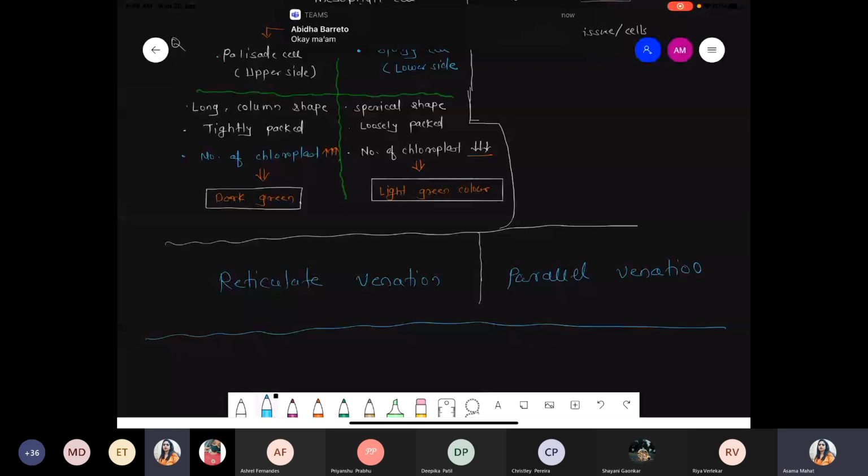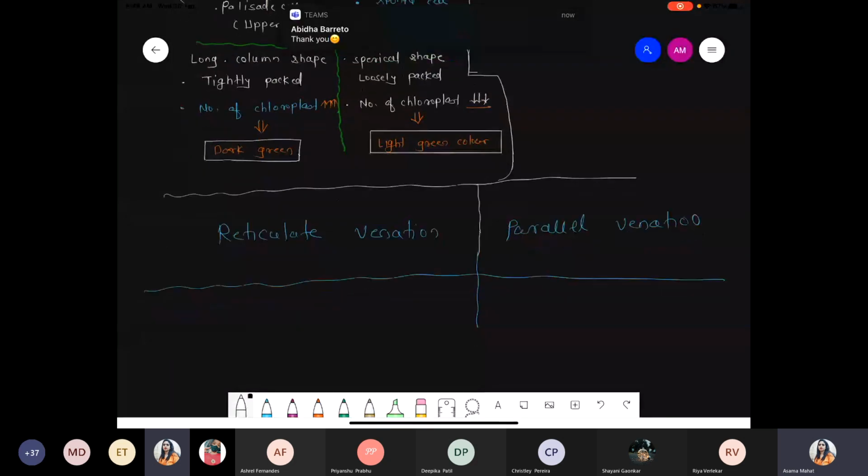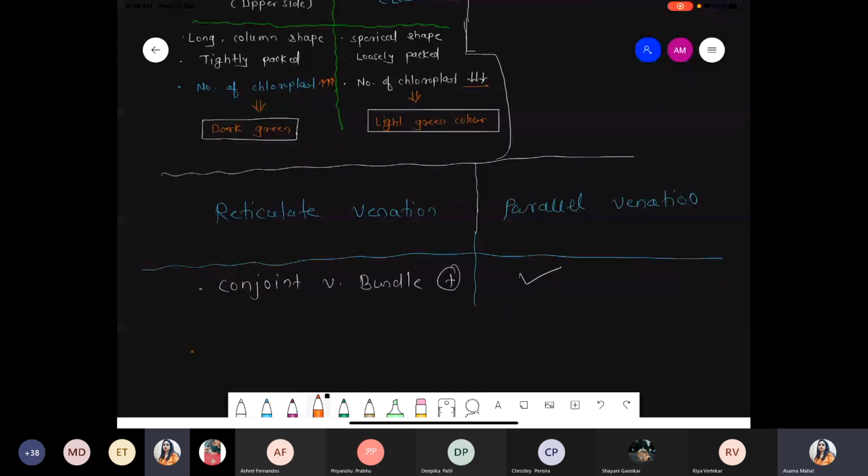Last point, which is common, we are talking about with respect to vascular bundle. So next point, we are talking about both conditions. In dicot as well as the monocot leaf, conjoint vascular bundle is present. Conjoint, and a similar type of conjoint vascular bundle is present. And another point, please remember, we are talking about the dicot leaf, but even the leaf also doesn't have cambium. So if no cambium, now what kind of vascular bundle, open or close?